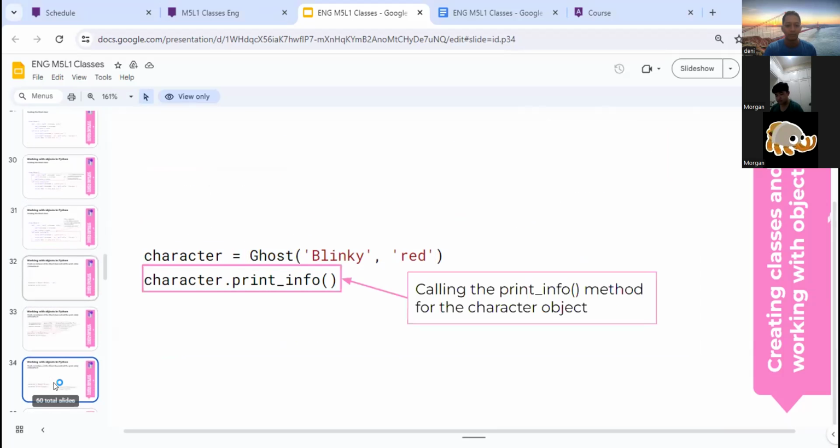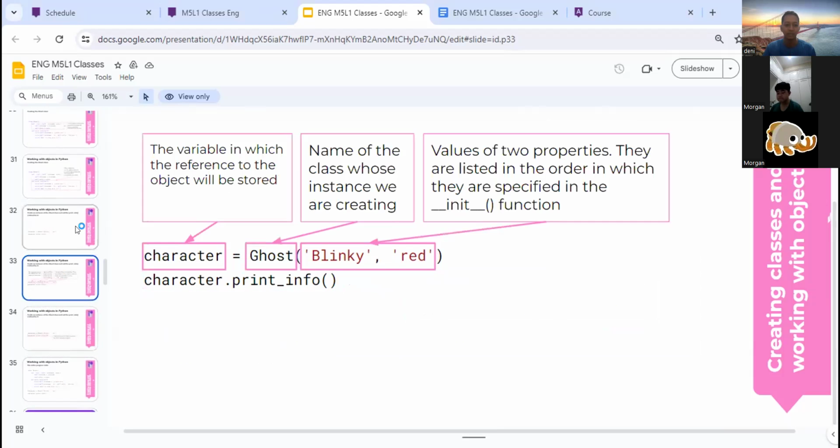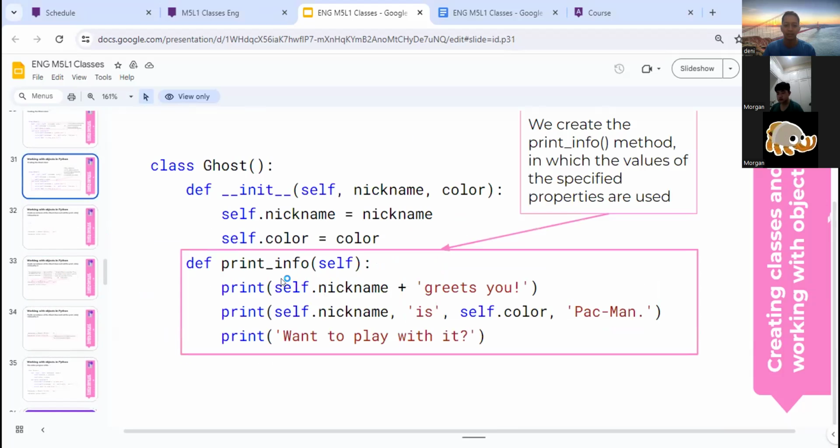When we call the method print info, it will print self nickname Blinky greets you. Blinky is red Pac-Man. Want to play with it? Just like that.